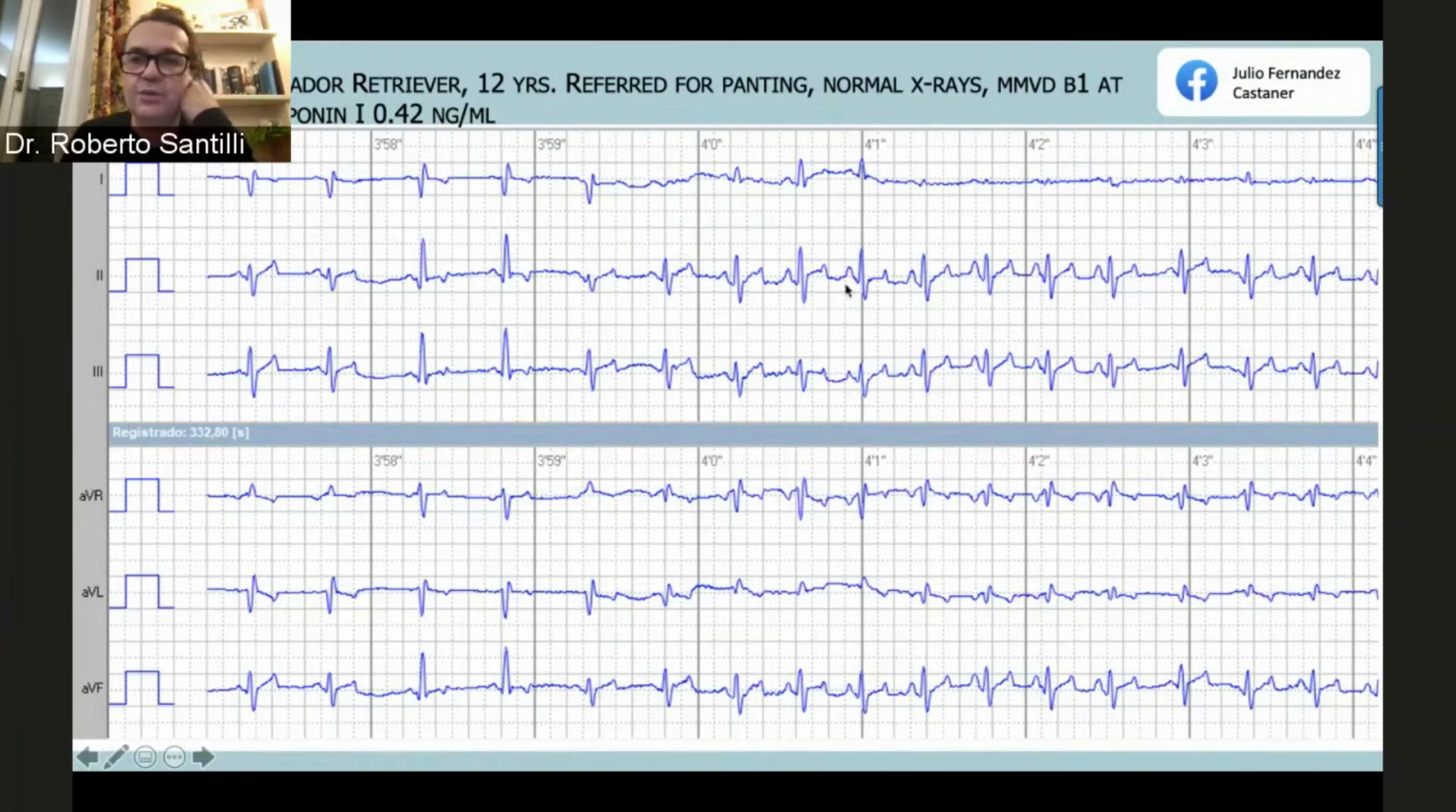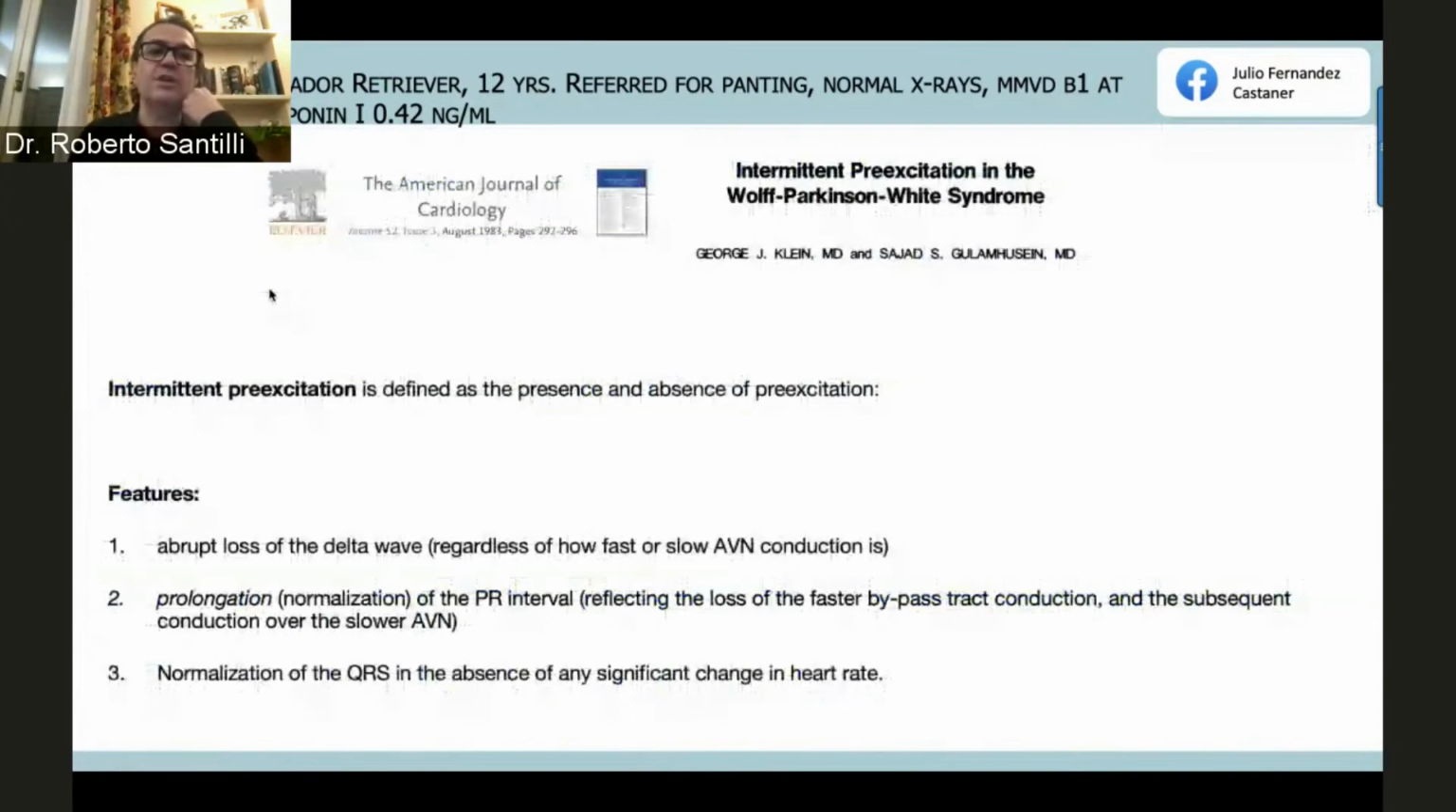And then back to this. So the differential diagnosis is he has intermittent pre-excitation, or he has what we call the Concertina effect. Intermittent pre-excitation is defined as the presence and absence of pre-excitation, usually an abrupt change, so loss of delta, prolongation of the PQ interval, and normalization of the QRS complex,